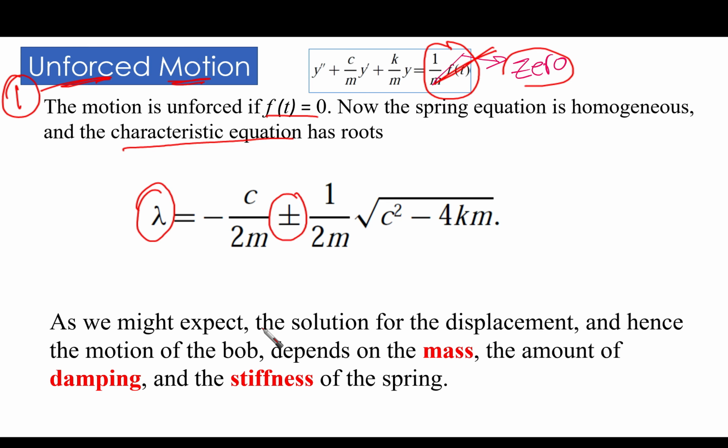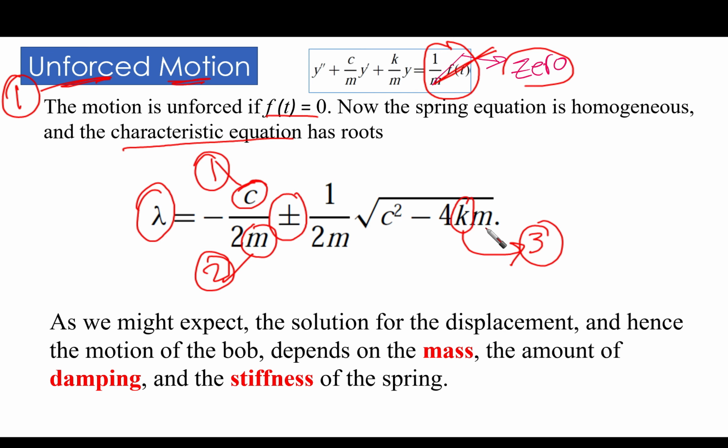As we might expect, the solution for this displacement, the motion of this bob, or the motion of the spring mass system, depends on what? First, it depends on mass, as you can see here, and it depends on stiffness and damping, which is the damping ratio. So we have mass, we have damping ratio, and we have k, the stiffness. So we have 3 different major parameters that are controlling the motion of the spring